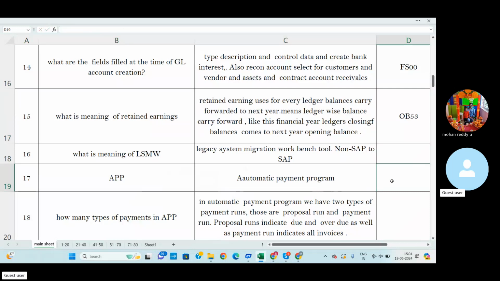This is called LSMW, the Legacy System Migration Workbench tool.